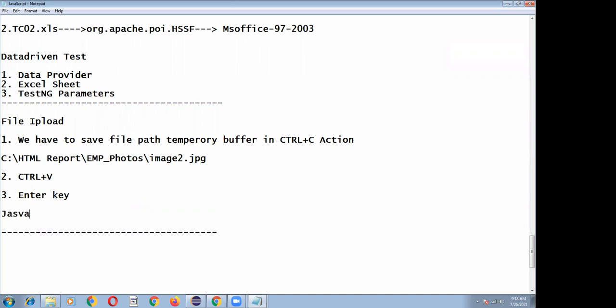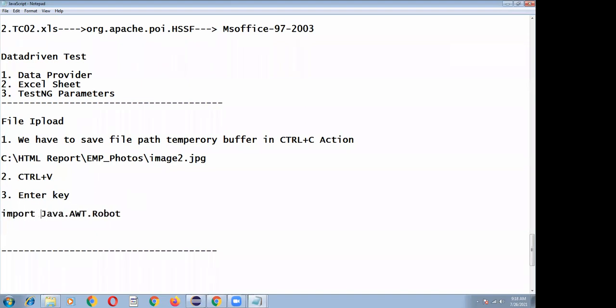To handle this in Java, we have a separate package called Java AWT. So this is the Robot class we have to import: import java.awt.Robot. The purpose of this Robot class is that we can invoke a set of keyboard events using it. So let's go to the programming.